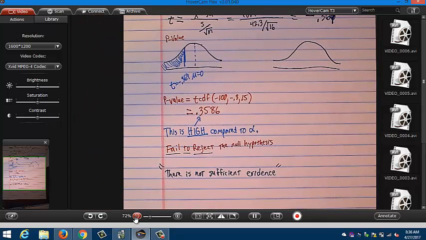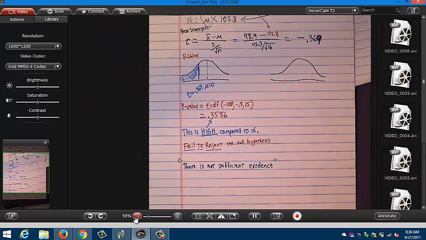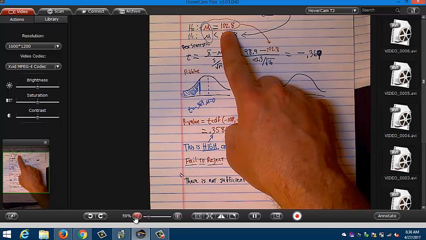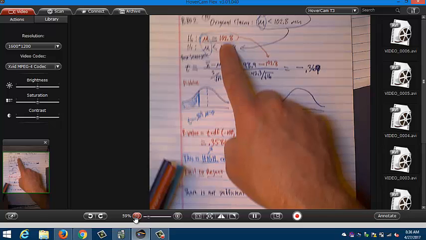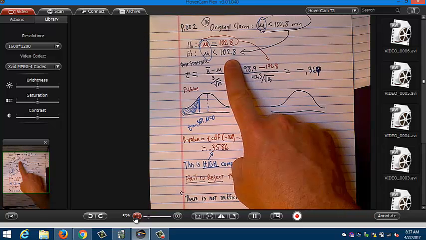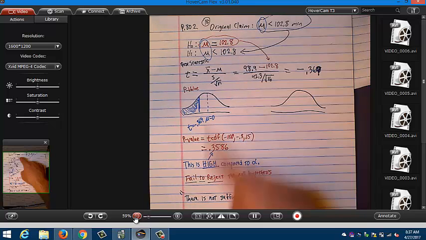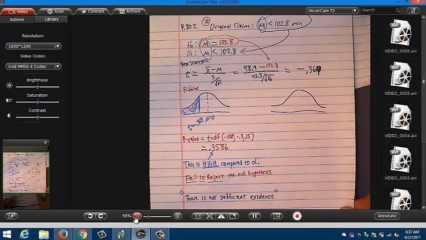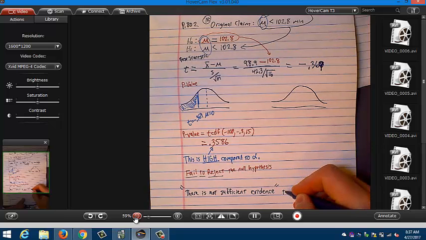If we did reject the null hypothesis, then we'd be supporting the original claim, because the original claim is the alternative hypothesis, right? So if we had rejected that, we'd say, oh, there is sufficient evidence to support the claim. But I would say here, there is not sufficient evidence to support the claim